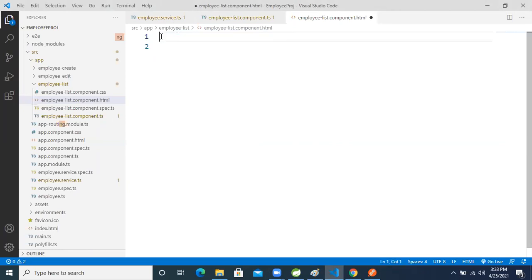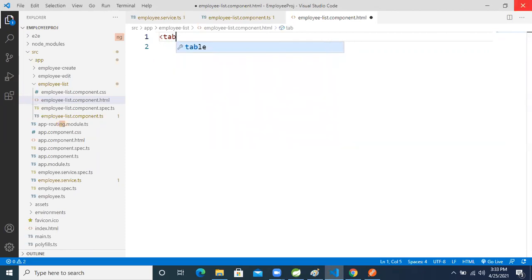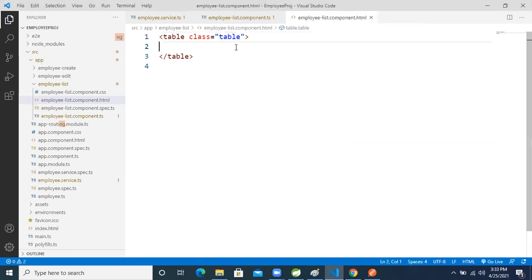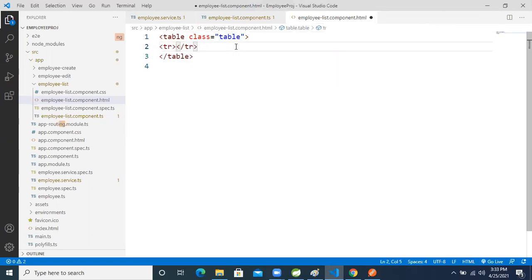Let's start. I'm writing the table, and inside that, for the table I'm using the Bootstrap class table. After that, table tr.